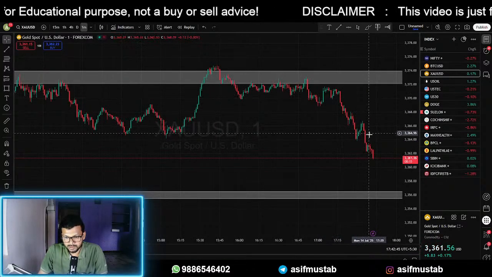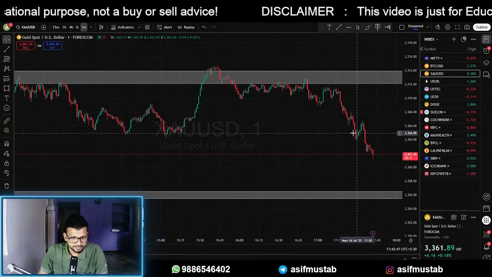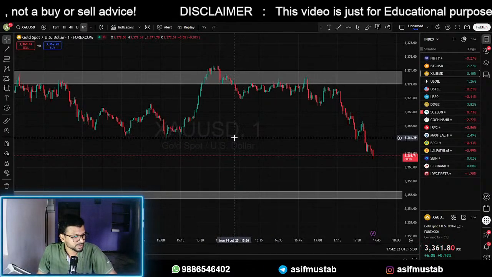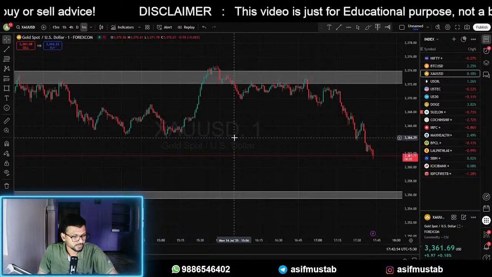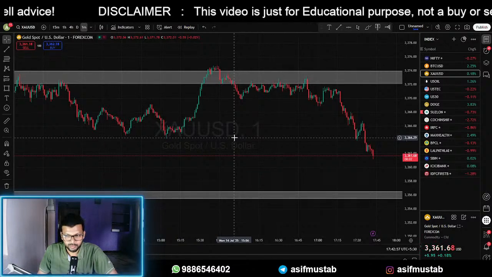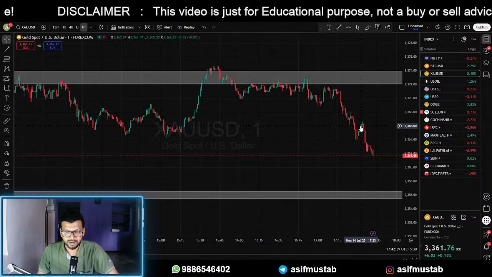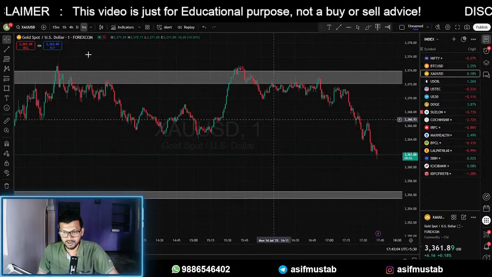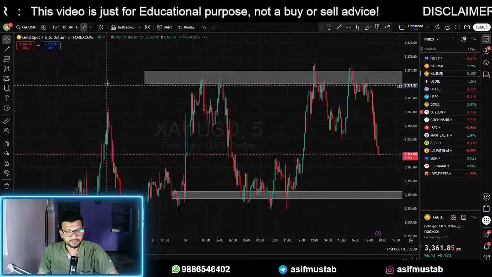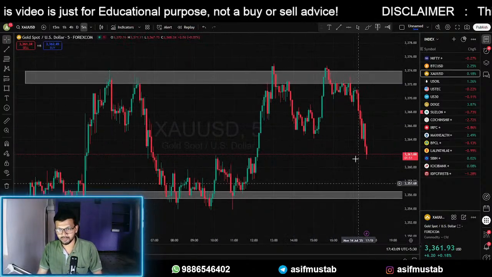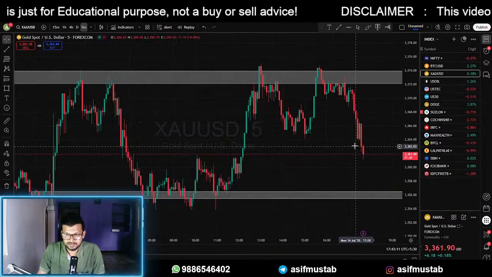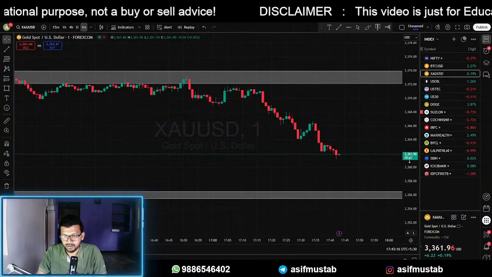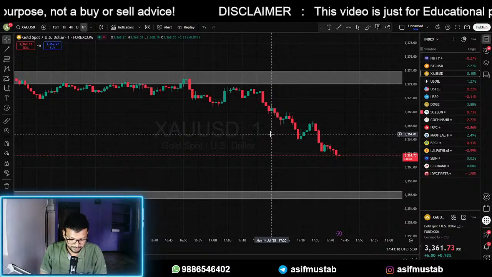You would have captured this move, but my mic has caused so much problem to me that I couldn't concentrate on this trade. Otherwise we would have entered here, but now entering into short side is not the right way because momentum has already started in gold. We should not FOMO and enter in between. We should wait for a proper entry.